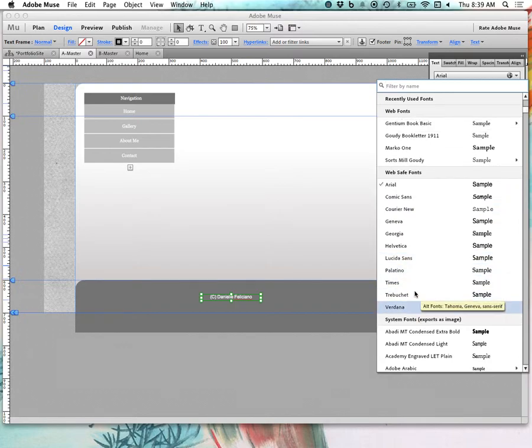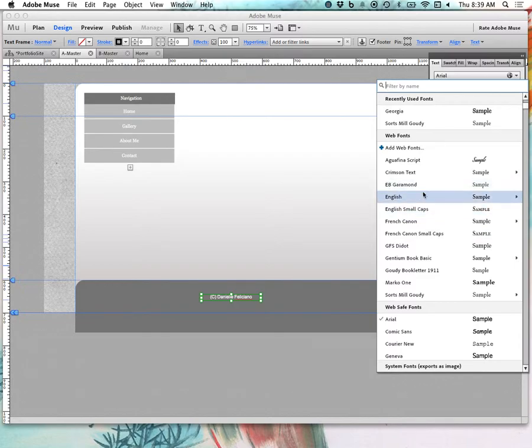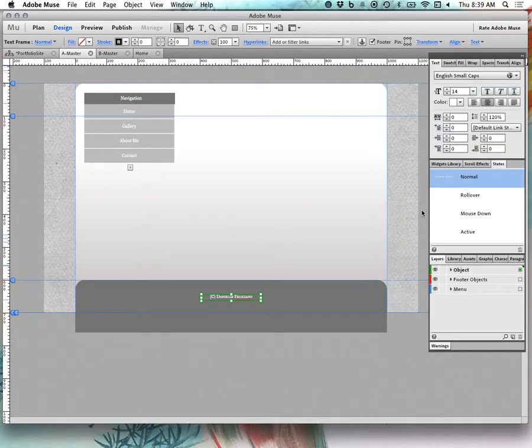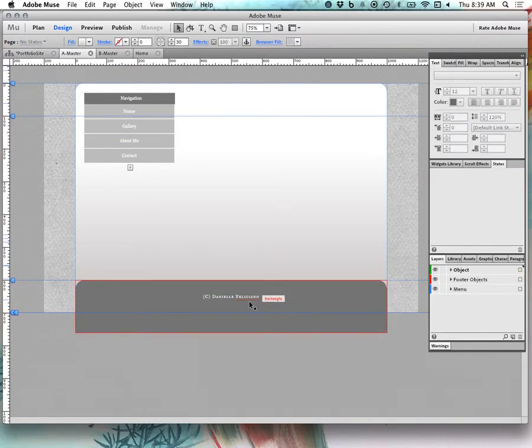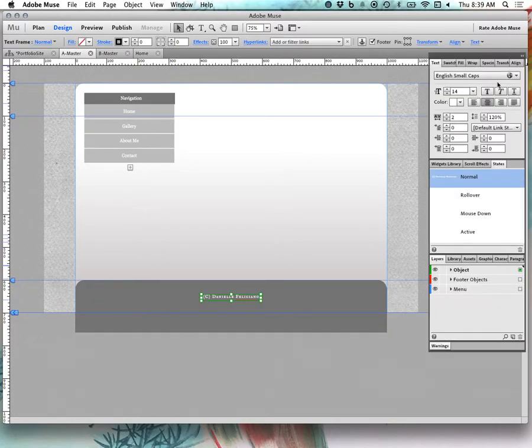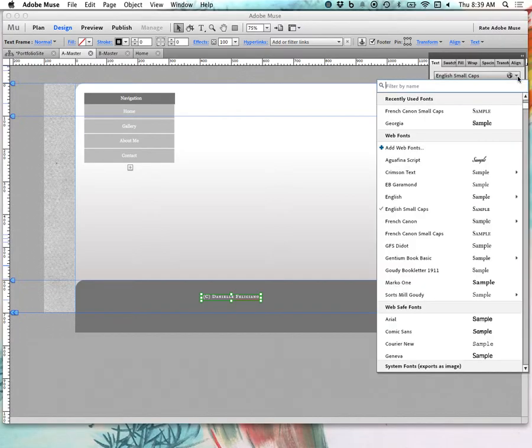However, you do have the freedom to choose these additional typefaces if that's what you want. So if you wanted English small caps, and you hit Option and use your arrow key to track them out, because small caps should always be tracked out, you can do that. However, if you want something a little unique, like let's say you're looking for a script typeface or something special,